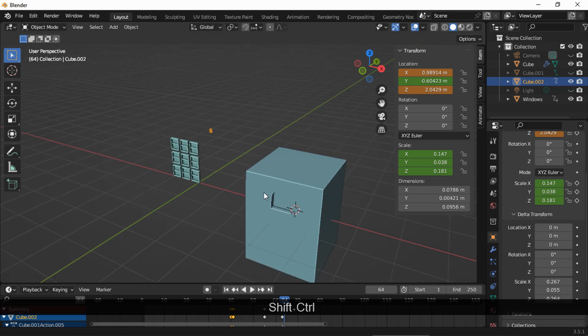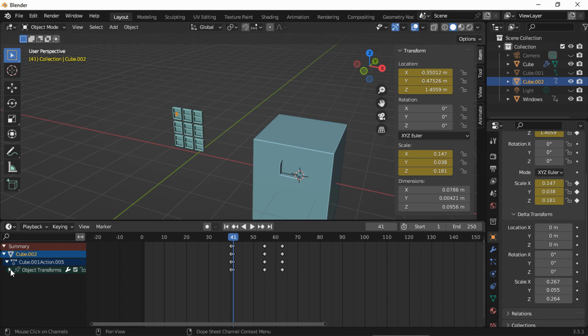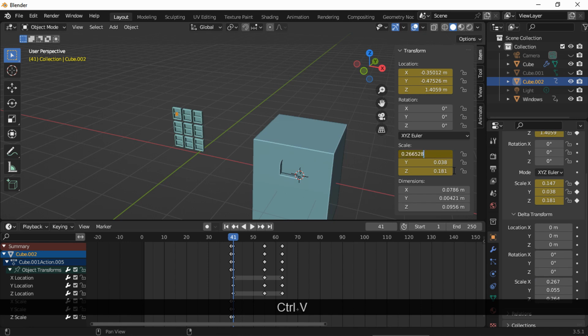Now we need to change the scale keyframes using the scale values we saved as delta transforms. Again, this is an extra step if you have scale keyframes in your animations, so you don't have any problems with the size of your object. Insert a scale keyframe and reset the delta scale values.